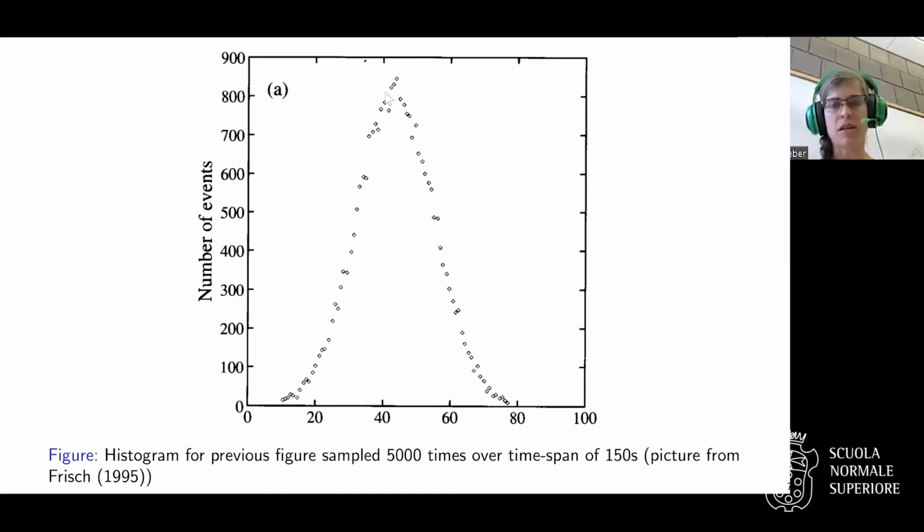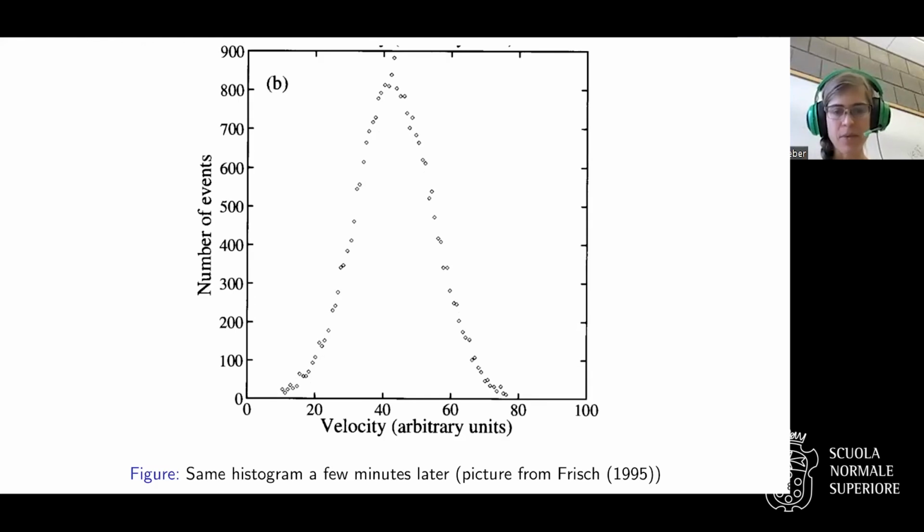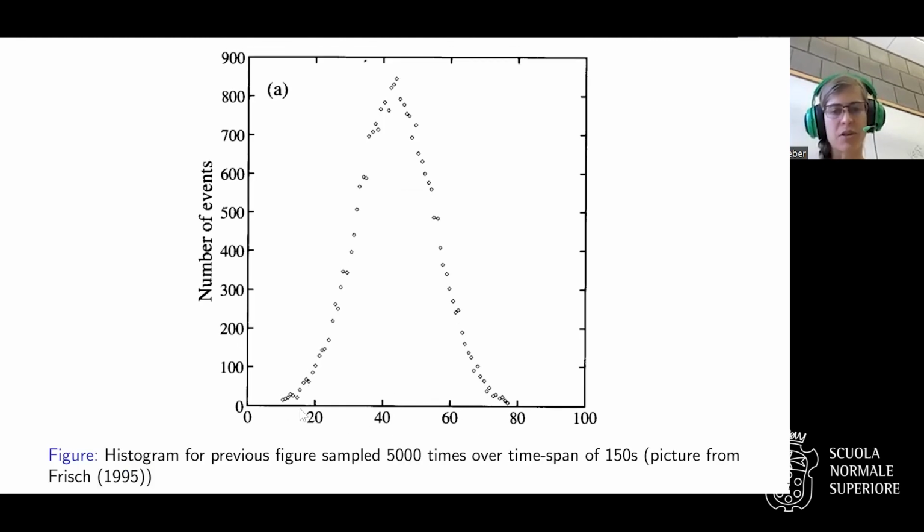We get something that looks like a Gaussian curve, so maybe there's some relation to a stochastic process. But it looks much more regular than before. Similarly, if you repeat this experiment a little later, a few minutes later, you get kind of the same picture. Even when you look at where the maximum is, maybe around 800 events, this one is the most commonly observed, around 48 or so, and minus around 10 and 80 are the tails. And the previous picture is kind of similar.